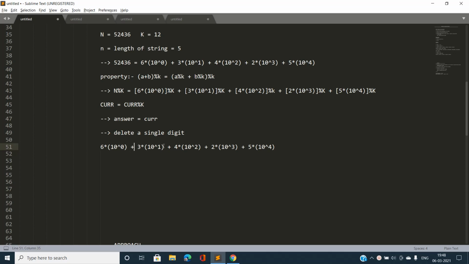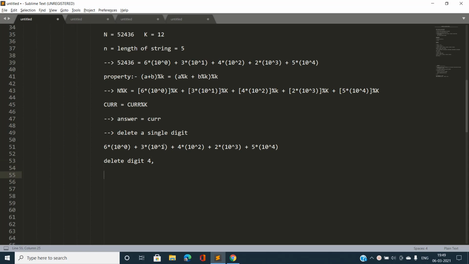Okay, so I'm going to write first: delete digit 4. If I'm going to delete digit 4, all the digits that are to the right of the digit 4, that is 3 and 6, are not going to be modified anyhow. So the values, like you can see, this value is going to remain the same. So I'm going to write this as n. This value will remain the same if I delete digit 4.